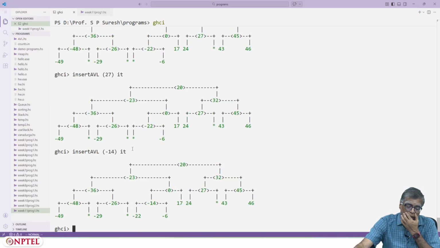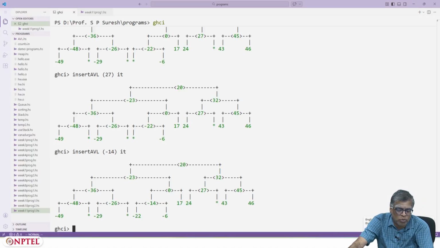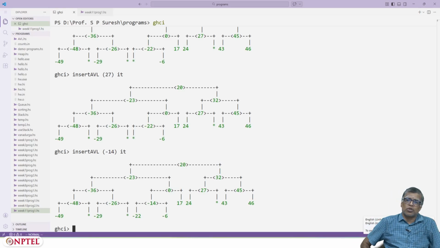Okay, so after all this, you have this kind of tree which is reasonably balanced, and you can see that there are around 20 elements, but the height is 1, 2, 3, 4, 5. Okay, so that's good enough. Rather than having a height of 20 or whatever, you have a height which is balanced and limited like this. In fact, you can actually try the rand AVL function we created.